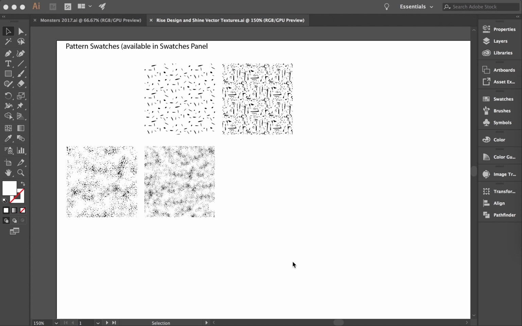Hi again. I'm just here with the Illustrator texture file. I just wanted to quickly show you how to work with them and where you can find everything that you need. So you'll see the swatches here, but also if you go into swatches now, if you've already updated to